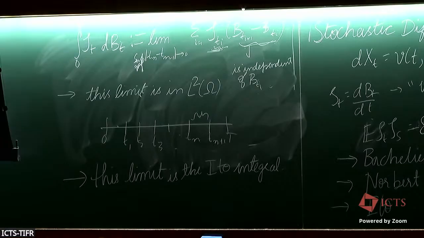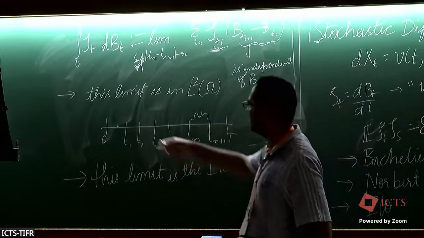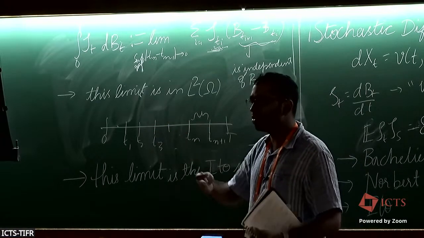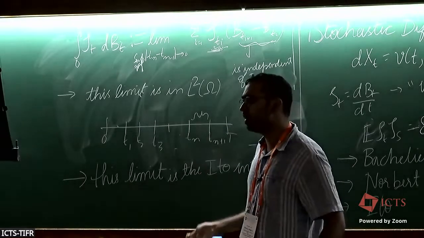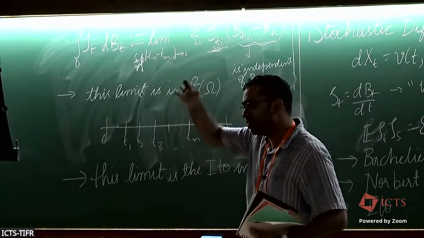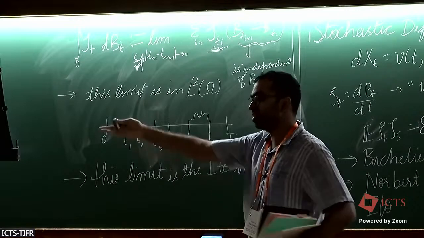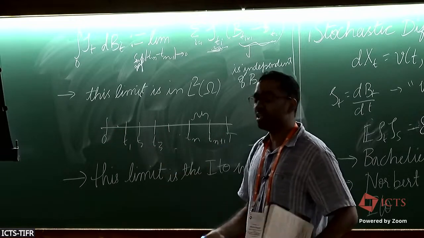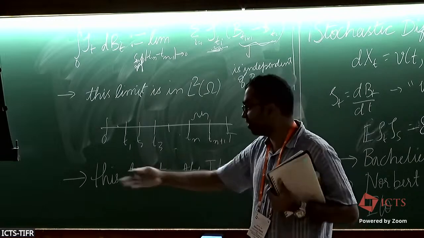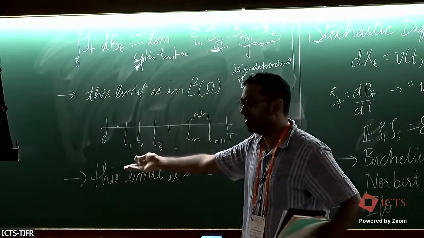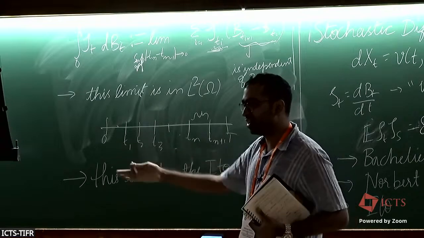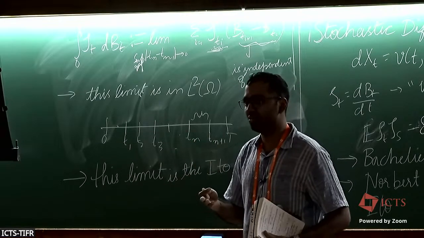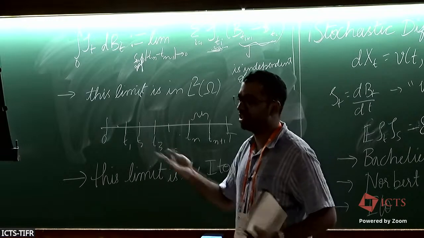So how do we think about this? If I just give you a path and ask you to integrate, it doesn't make sense. But if I give you some random path, with very high probability, typically it will cancel out all this weird behavior, and then you get a number, which actually makes sense. That's how we should think of it. So that's why we talk about something called finite variation, but this has finite quadratic variation. That is the difference between ODE and SDE. In SDEs, you typically deal with finite quadratic variation versus finite variation.